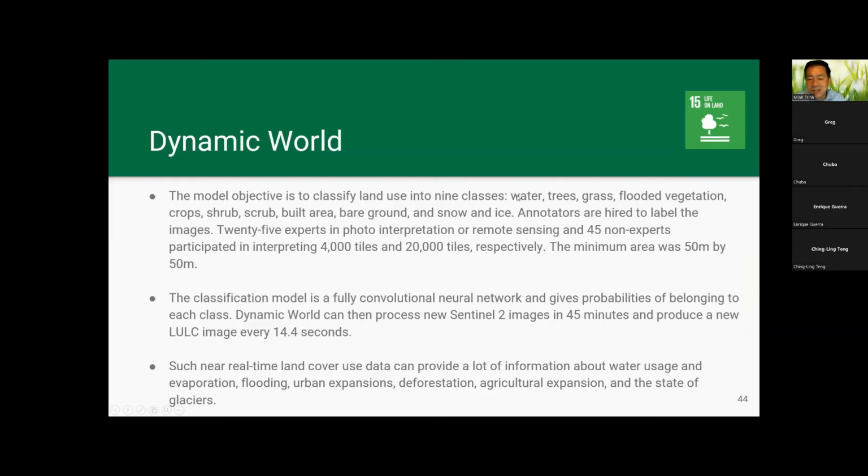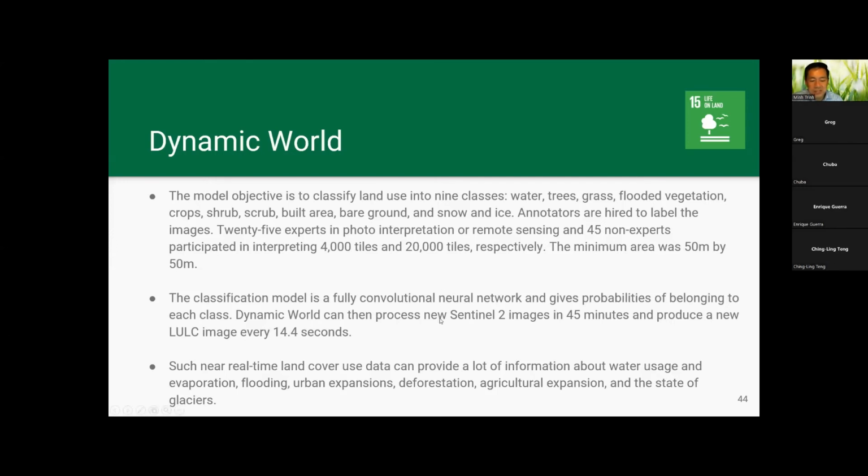So this is what they do. A lot of machine learning and AI is done on supervised learning, right? I've mentioned the nine classes, and they use human annotators, right? They look at these images of satellite data and say what it is. They give the answer, right? They have experts in photo interpretation, assisted by non-experts, and they give the label. It's a 50 meters by 50 meters label, right? They use that as training data to train the model, and the model is trained on this data. Then you can classify images that it hasn't seen before.